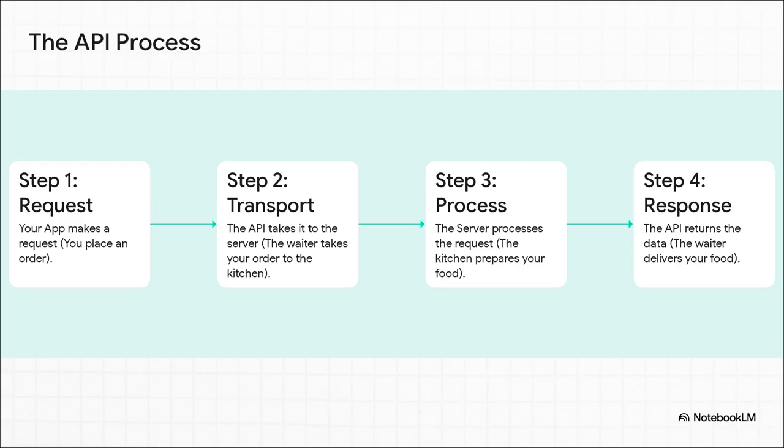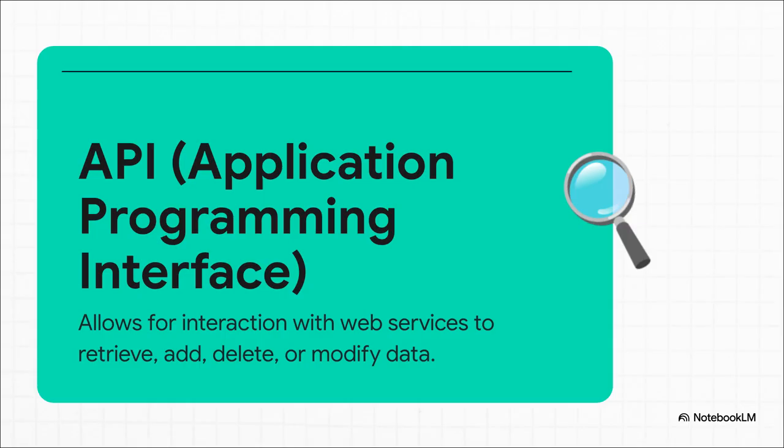That's it. Okay, so here's a really crucial point. An API isn't the server itself. It's the interface. Think of it like a strict set of rules for how to communicate. It acts as a gatekeeper, making sure you can only ask for specific things in a very specific way. And that controlled access is exactly what makes the whole system so secure and predictable.